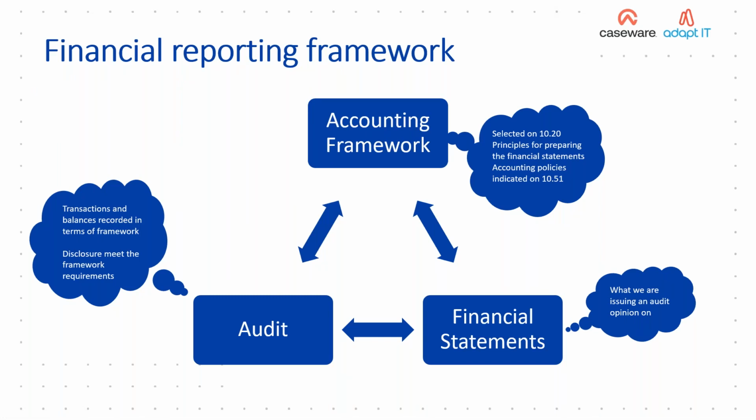Then let's have a quick rehash of the big picture of what we are doing in the audit, because we all need to understand the big picture in order to understand what we're doing and to get it right. What happens in an audit is we are actually auditing financial statements, but the financial statements come from an accounting framework. So an accounting framework, such as the one for SMEs, will have principles contained therein, which tell us how certain things should be measured. For instance, revenue,